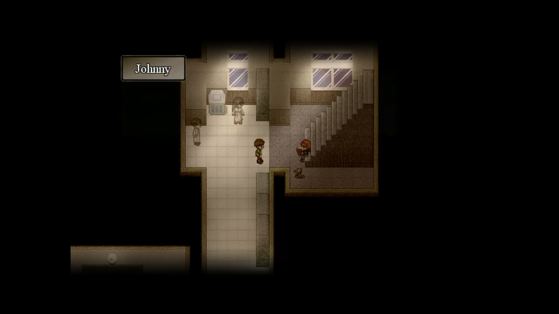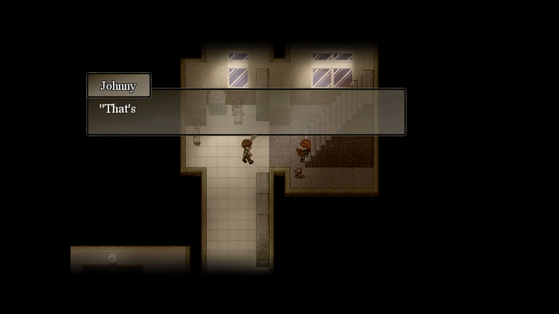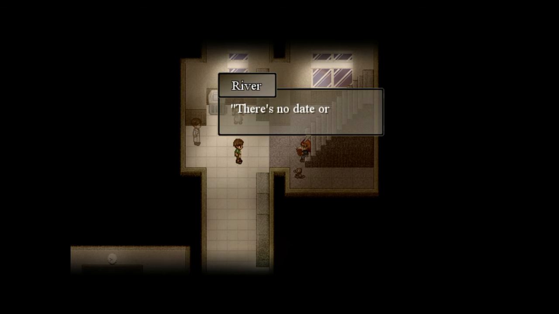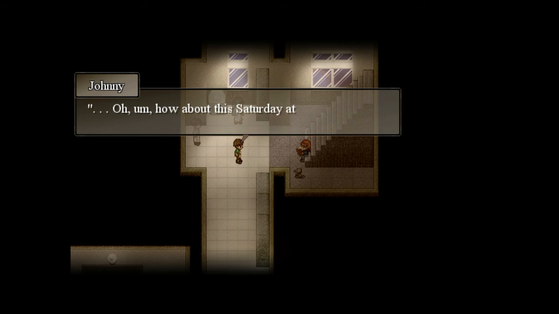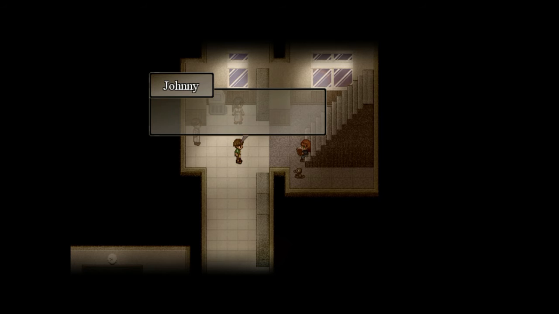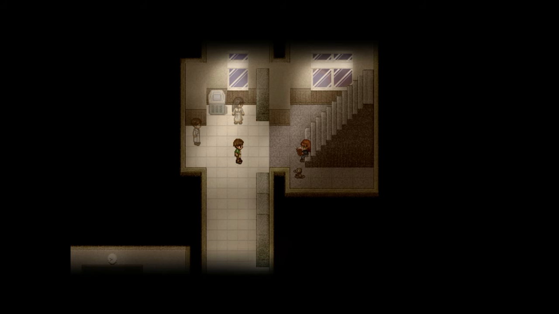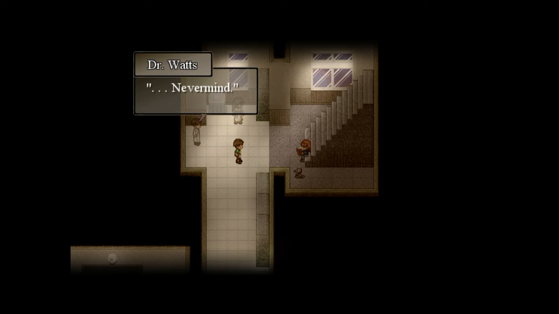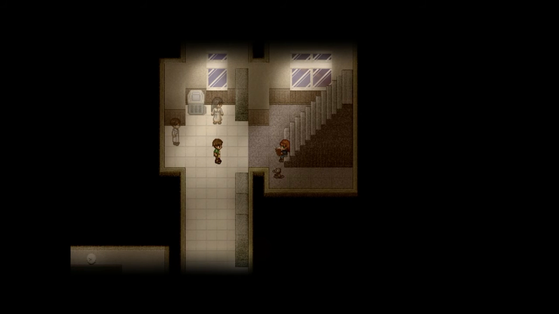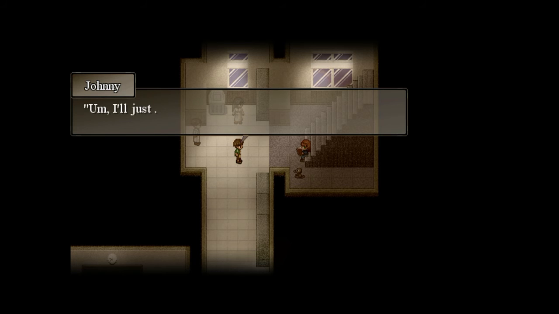Say, you wanna go catch a movie together sometime? I don't know. That's okay, I'll give you time to consider it. I can't. Why? There's no date or time. Oh, how about this Saturday at 8? Well... Ava, I think the system Yes. Oh, great. Never mind. I guess we'll work out the details later. I'll just...